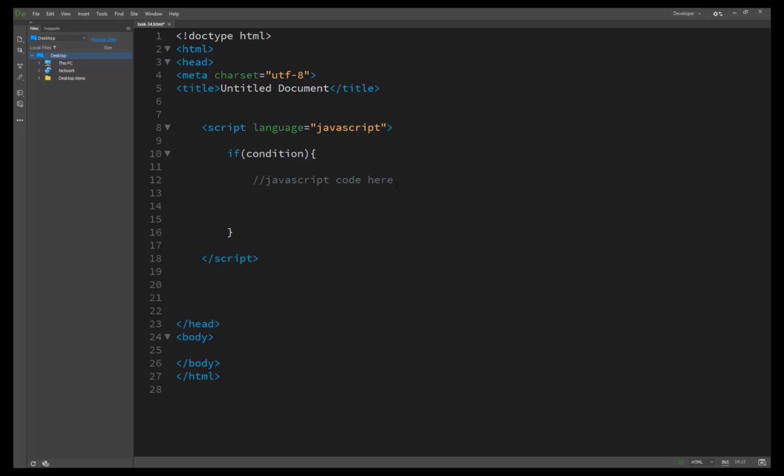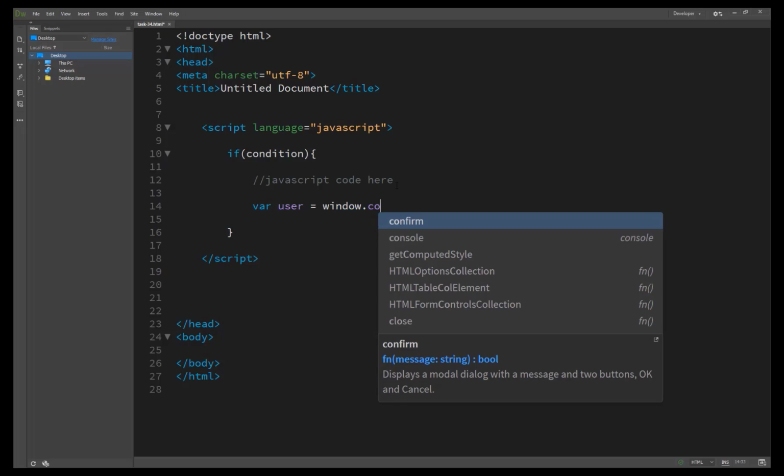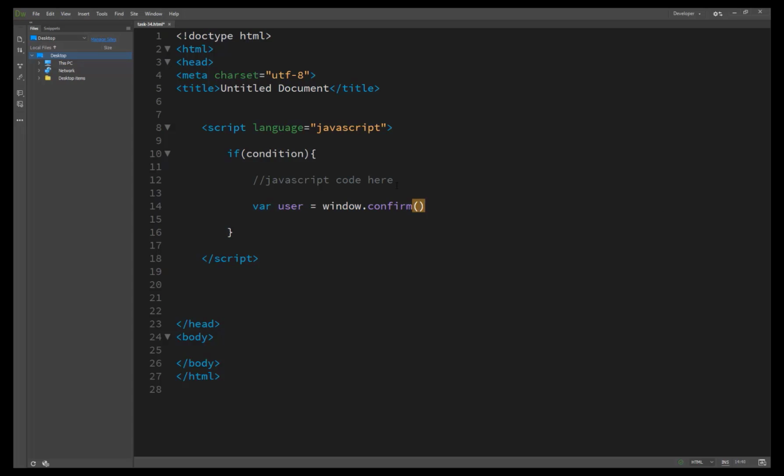So we create a variable user equal to window.confirm, and we pass the message click OK to continue, basically only for showing to the user.